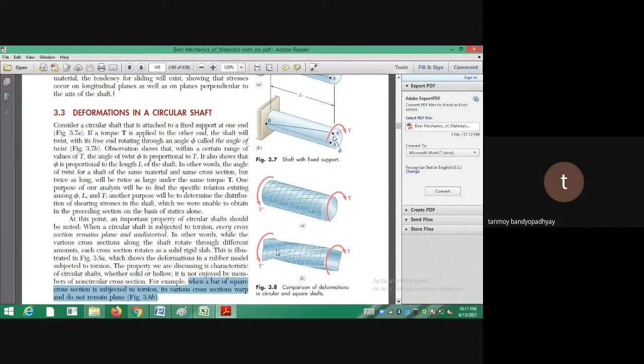So that is warping. But sir, when the shaft is axisymmetric, that is circular, then the cross section remains the same everywhere, yes, because of uniform twisting. So capital T and T prime are the same. If capital T and T prime are not the same, then warping will occur. The thing is, we are not assuming warping in our derivations.